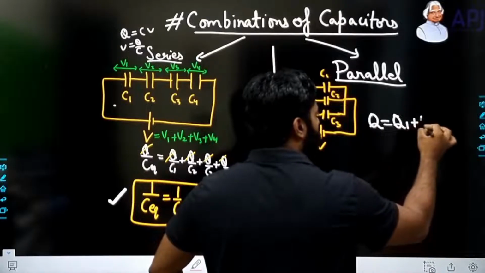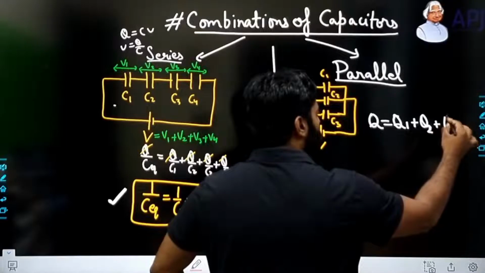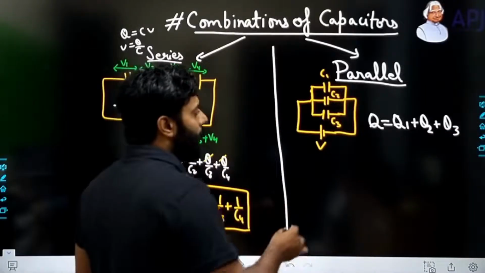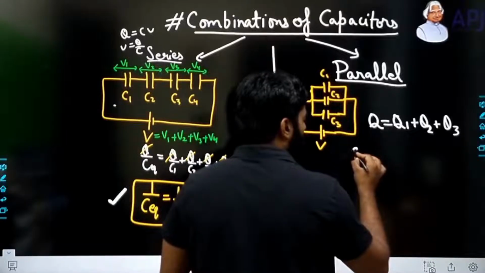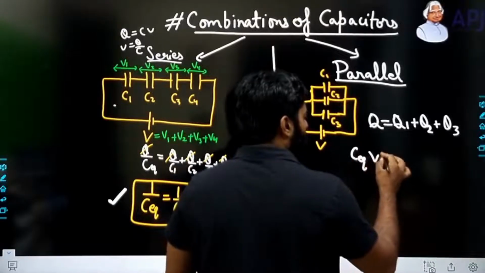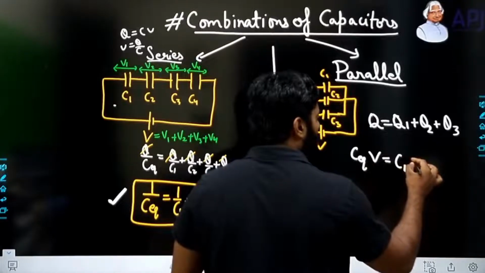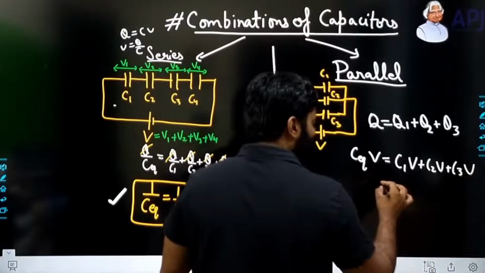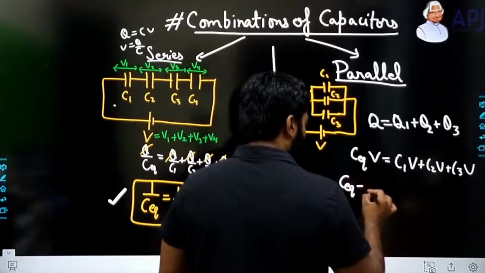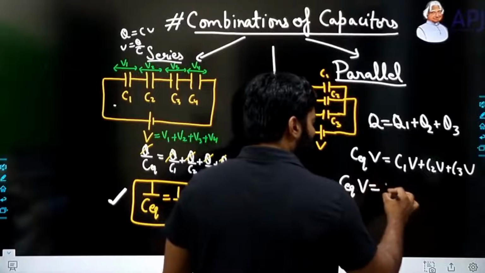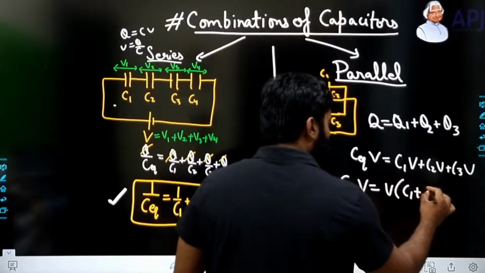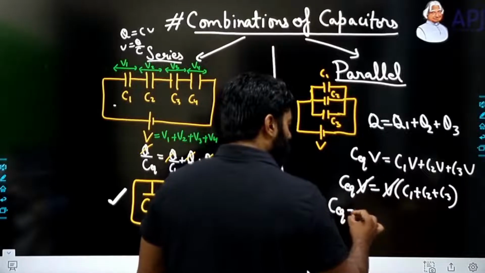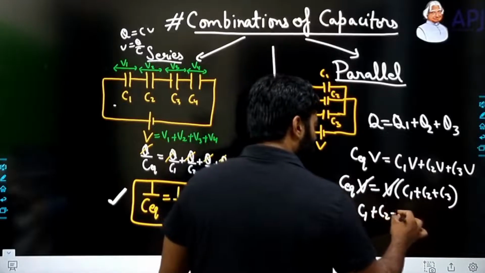तो मैं बोल सकता हूं जो नेट चार्ज मेरे पास होगा, that will be a sum of all these charges Q1, Q2, Q3, and I know that Q is equals to CV, so I can say that it will be C equivalent, and the voltage here, this is C1 V plus C2 V plus C3 V, so all these will be this thing. Then I can say that C equivalent V is equals to V, you can take V as common, C1 plus C2 plus C3, and you can cut this down,